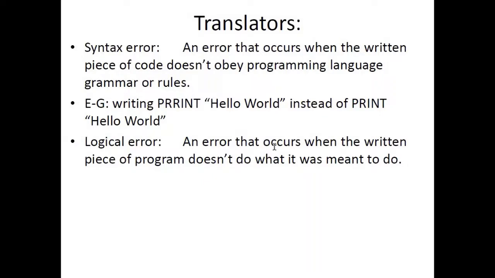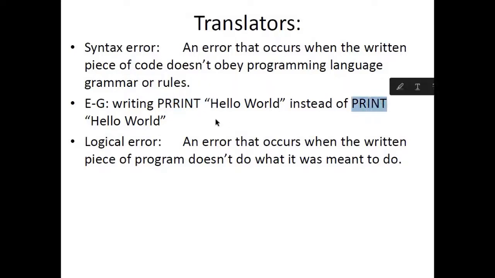Now we have discussed errors in programs. There are two types of errors when you are writing something in a programming language. One is known as a syntax error, and the other one is known as a logical error. A syntax error is an error that occurs when the written piece of code doesn't obey programming language grammar or rules. For example, the word print,